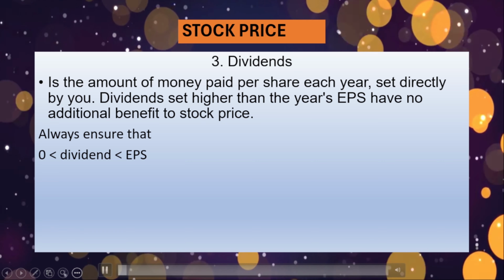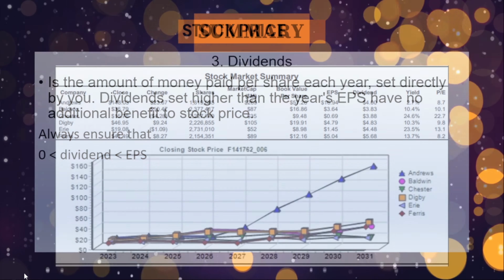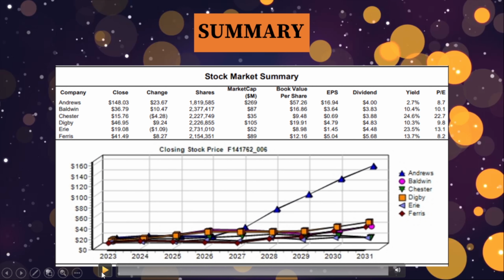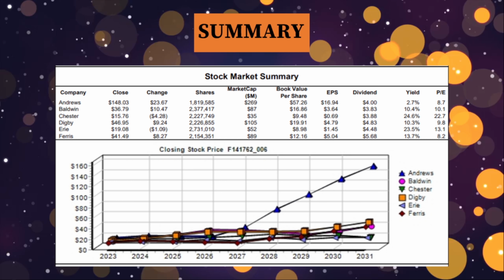Then the next thing is the summary. This is how your stock price appears in the simulation. You can see that here we have the company names: Andrews, Baldwin, Chester, Digby, Erie, and Ferris. Then here we have the close. This is the last price in the simulation at that particular time. So for example, for Andrews, the closing price is